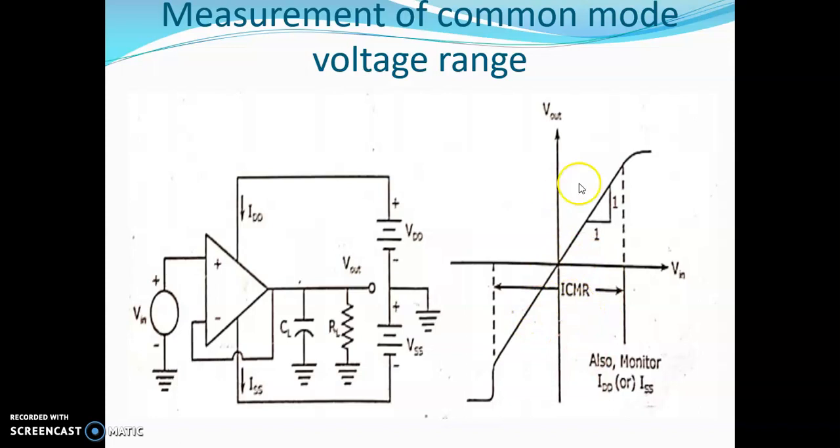Generally the op amp which we are using is used in the closed loop mode. So the input and output for these cases can be simulated and measured. The unity gain configuration you can see here is useful for measuring and simulating the input CMRR, the input common mode range.